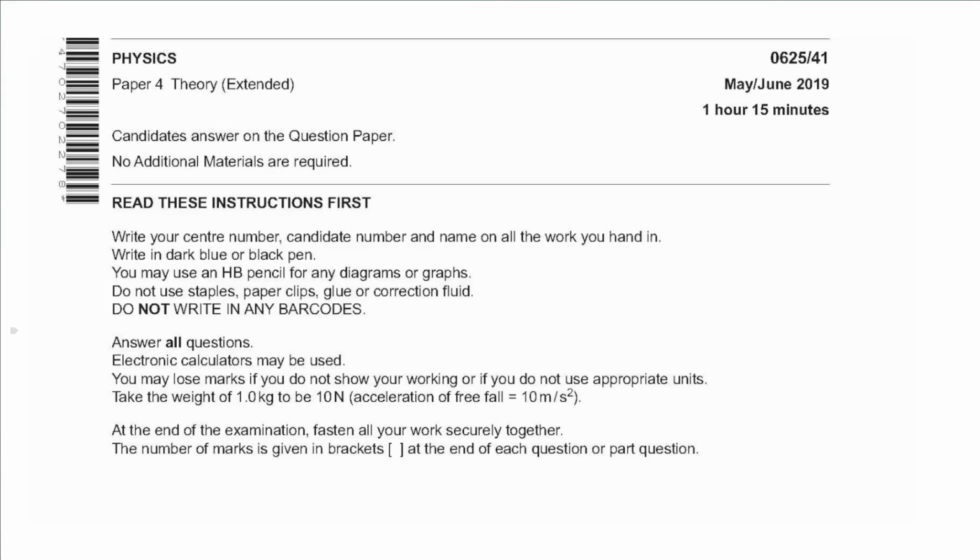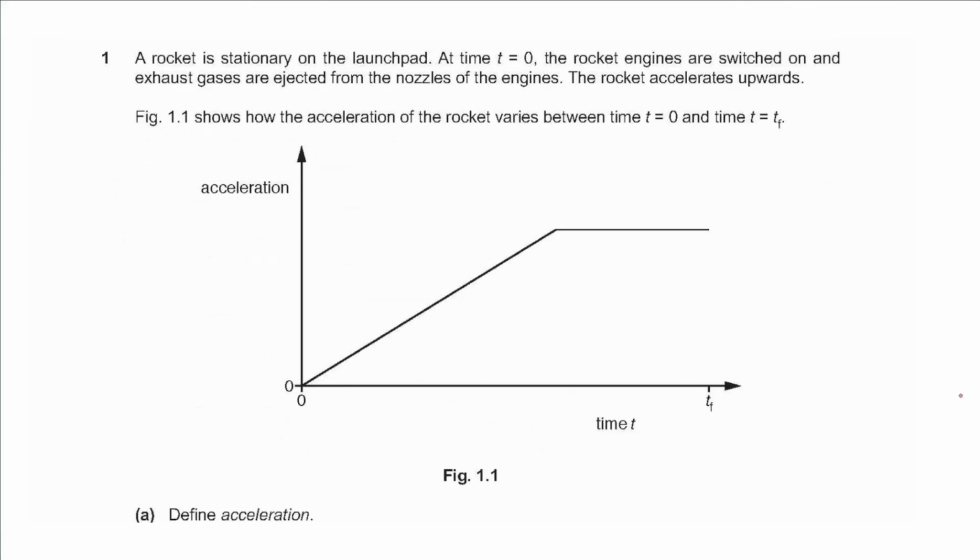In this video I will be solving the paper 4 exam for May-June 2019 variant 1. So let's get started. Question 1 says a rocket is stationary on the launch pad at time t equals 0. The rocket engines are switched on and exhaust gases are ejected from the nozzles of the engines. The rocket accelerates upwards. Figure 1.1 shows how the acceleration of the rocket varies between time t equals 0 and